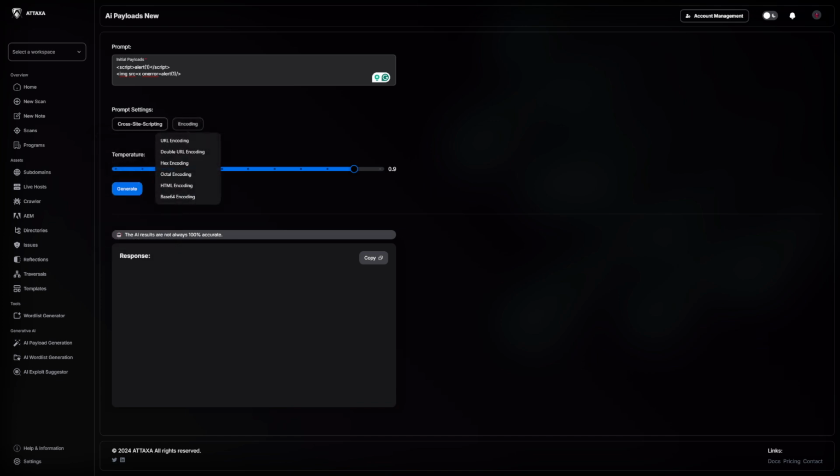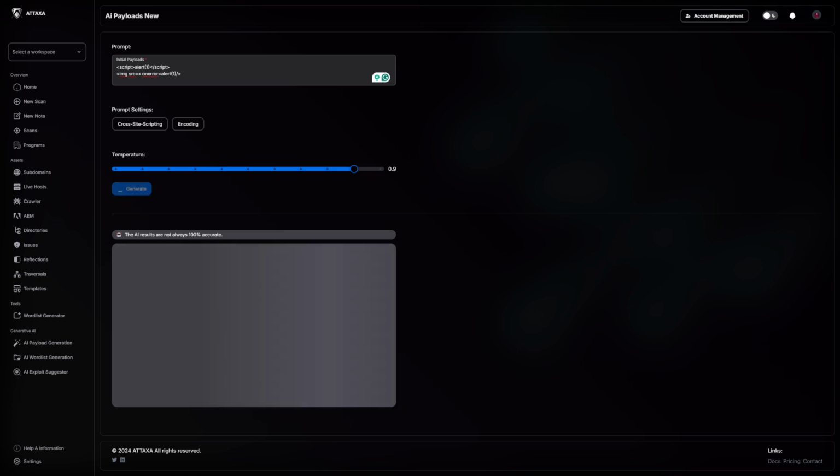We can also provide encoding. If we want the AI to generate payloads that have URL encoding or double URL encoding, we can select one of these. But I'm just going to use the default settings. So if we click on generate and wait a bit,